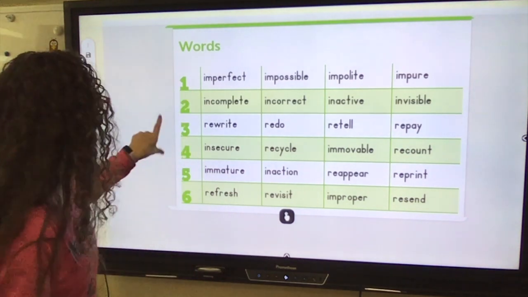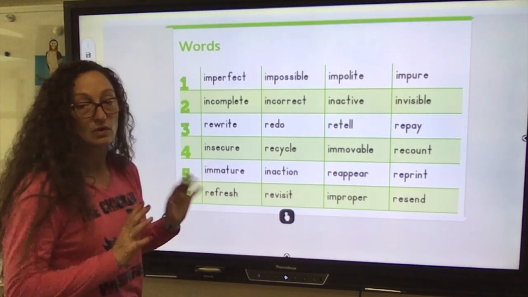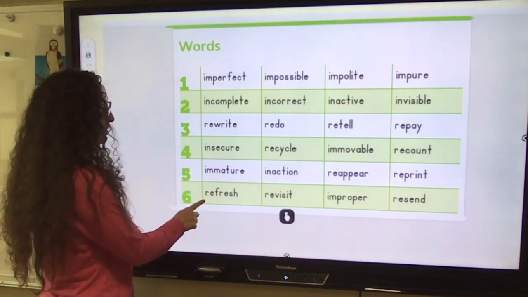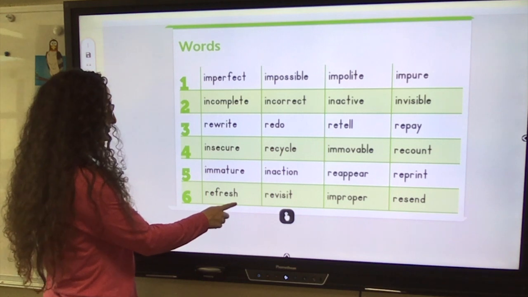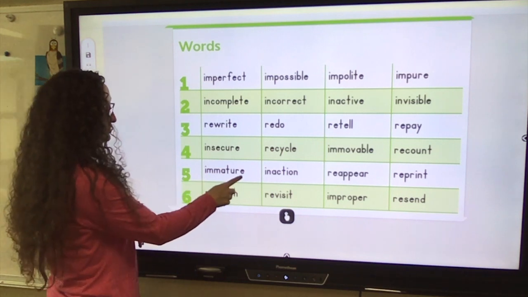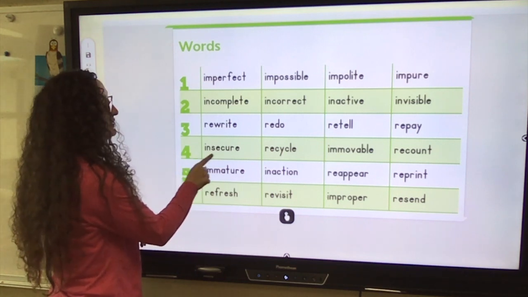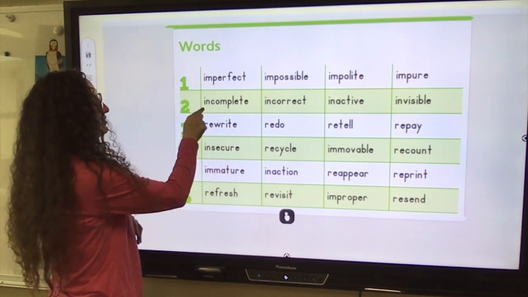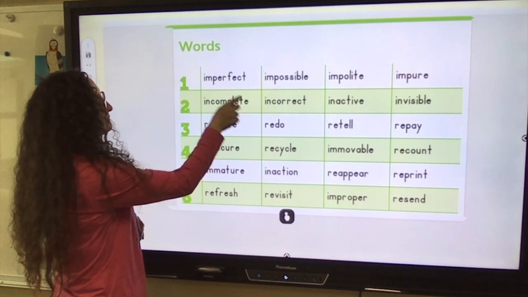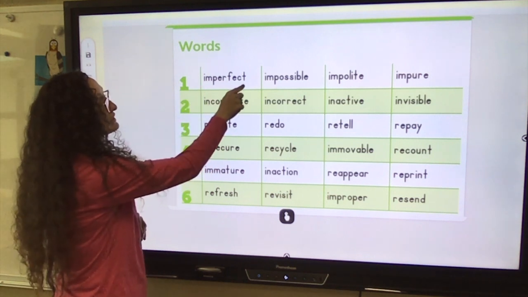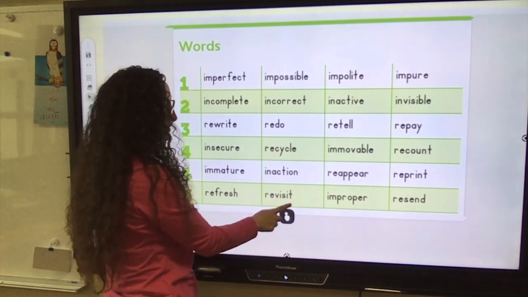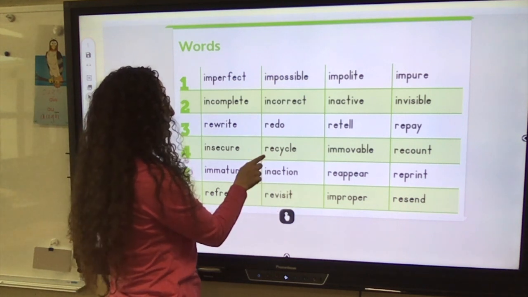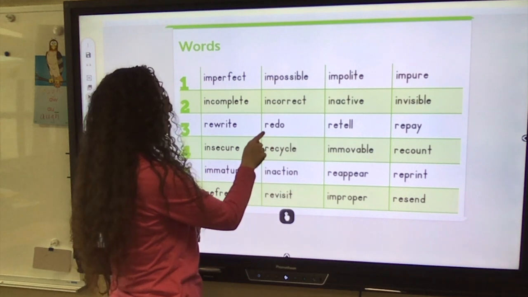All right, so now I'm going to go through all of them so you know where they are. That way when I play the game, you guys will know where they are. So, refresh, immature, insecure, rewrite, incomplete, imperfect, revisit, inaction, recycle, redo,